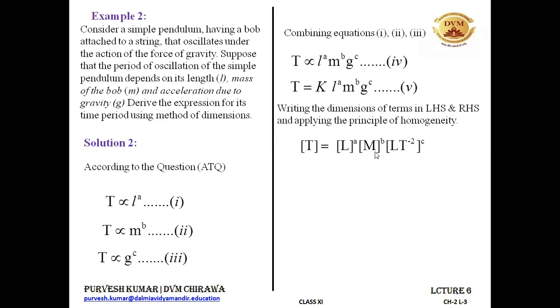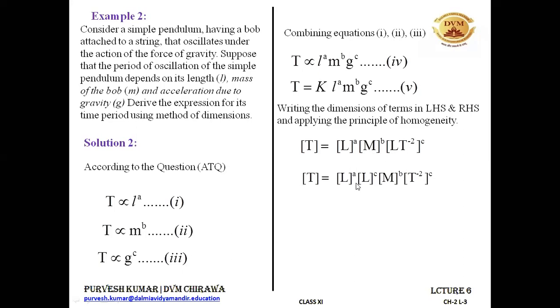Now we need to separate out the terms towards the left hand side. So you can write it like this. Here L is having power A. Here L is having power C. So when you multiply it inside, this power is for the complete bracket. So L is having power C. So I have written it L to the power C. M is having power B. And T is having power minus 2C. So that's what I've done.